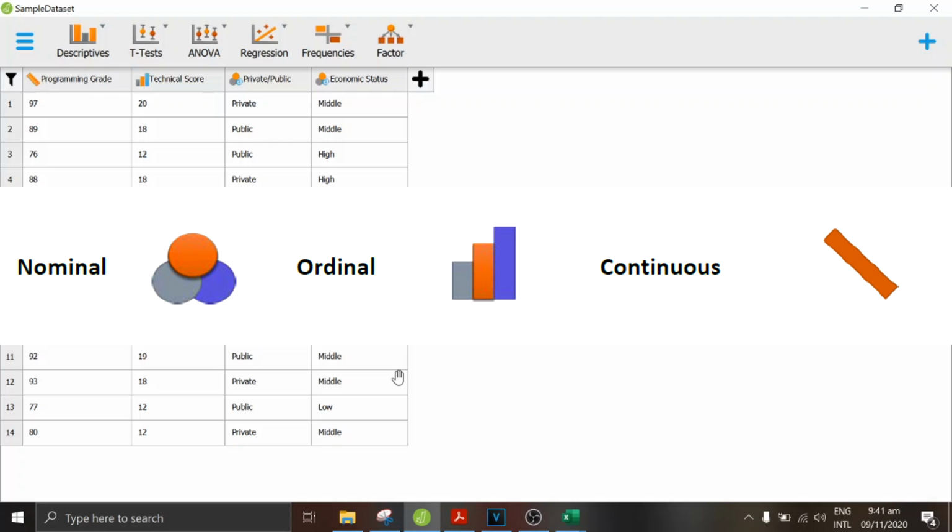So we do have the nominal, such as private, public, economic status. It is nominal, or ordinal, and continuous.